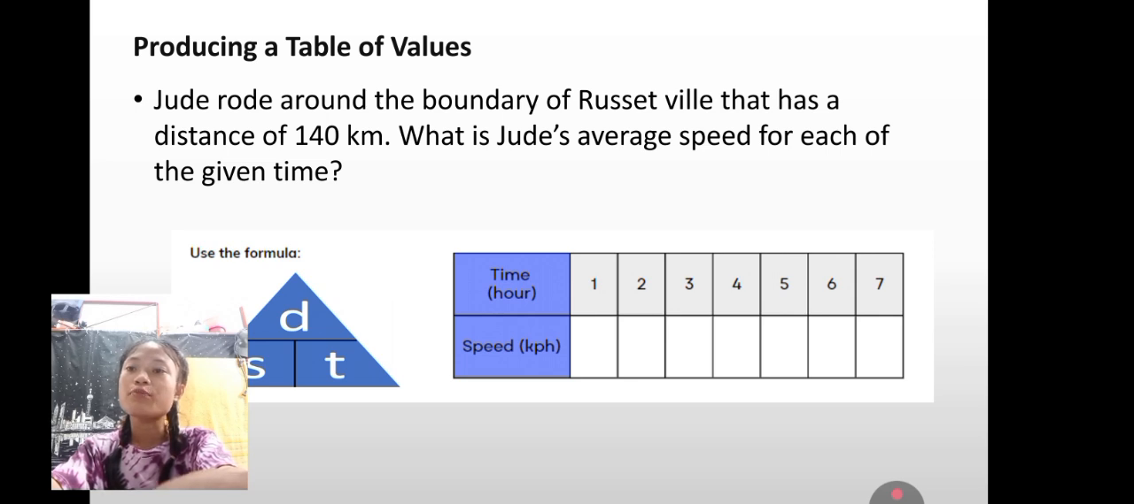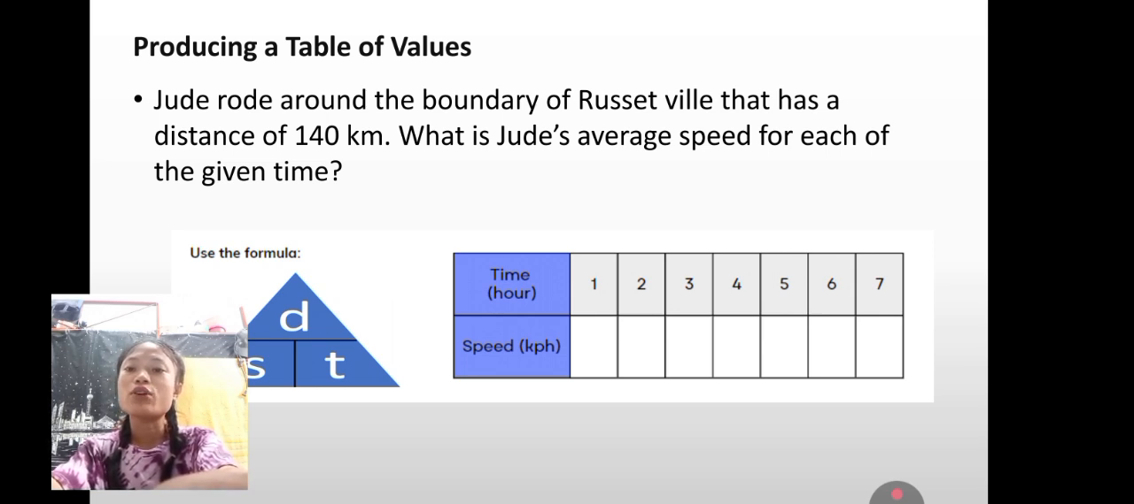So, let's proceed in producing the table of values. This is the problem. Jude rode around the boundary of Russettville that has a distance of 140 kilometers. What is Jude's average speed for each of the given time? Balik na to tong standard na formula. S is D over T. So,